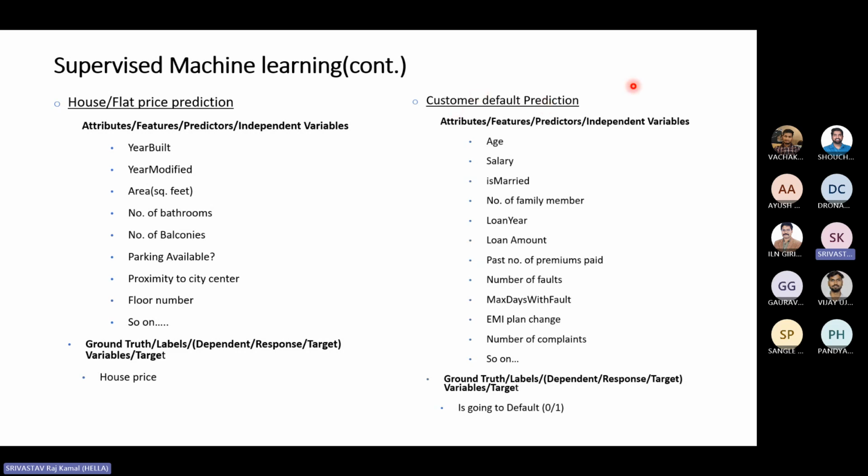So for example, I am the customer, I mean the client, and I ask you to create a customer default prediction solution for me, but I tell you that I cannot share this ground truth with you. I have only this data. Now you cannot say, okay, we won't solve this problem because you do not give me ground truth. The problem would now shift from supervised to unsupervised because this thing is not provided to you.